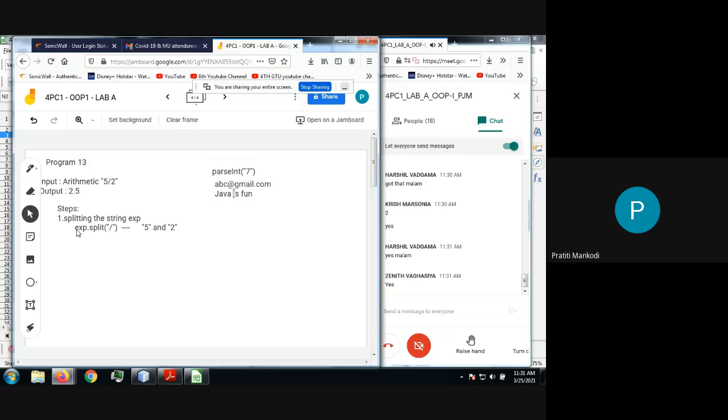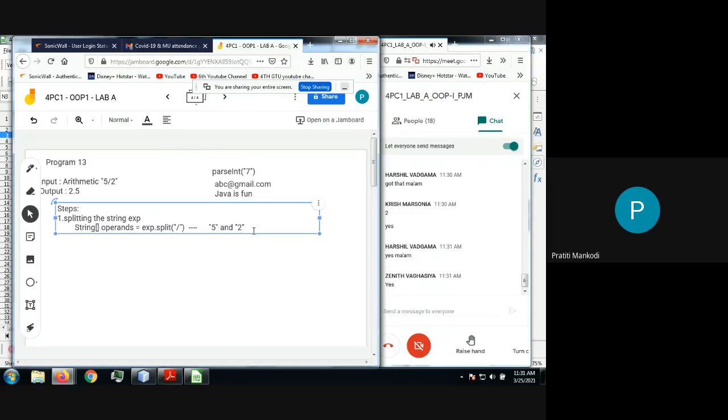Fine. So let's have a string array, obviously of type string. We will not be mentioning the size right now because we don't know. So a string array, let's say operands, and this is the expression.